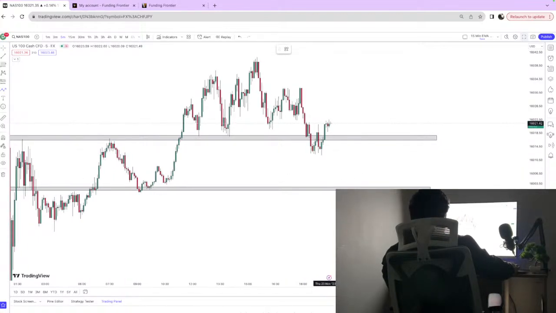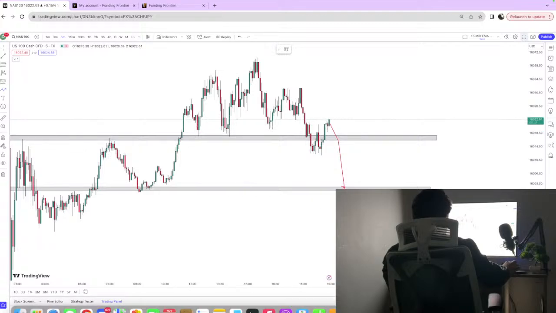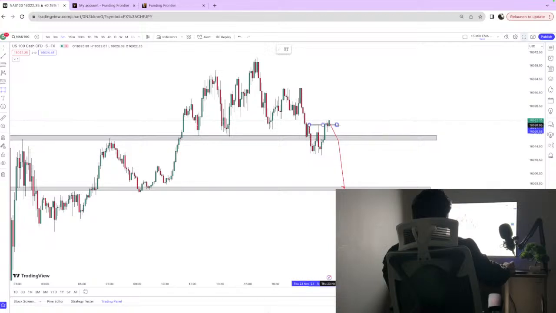If the market comes from here and gives a nice bearish candle, then I am interested in a bearish move. Okay, clear? But if it's a double bottom, you can see that clearly. It's a double bottom,